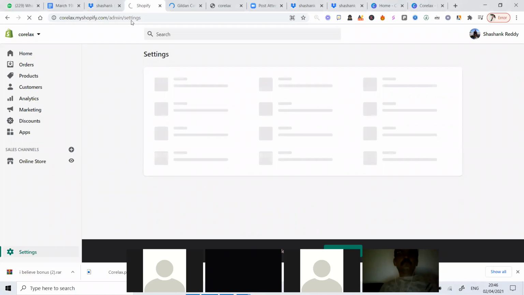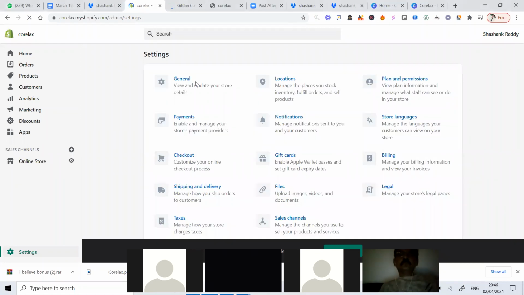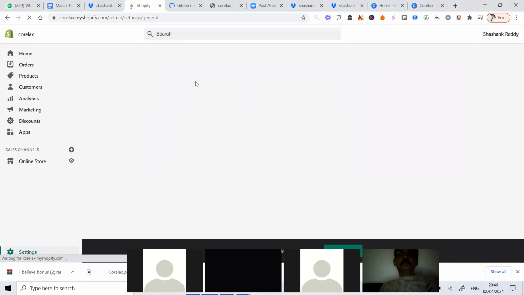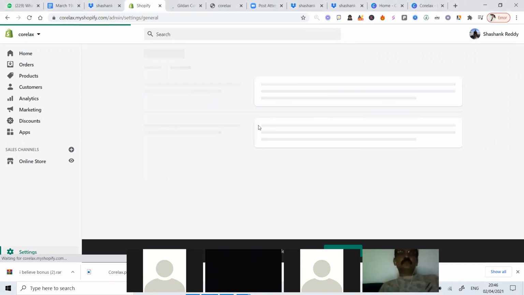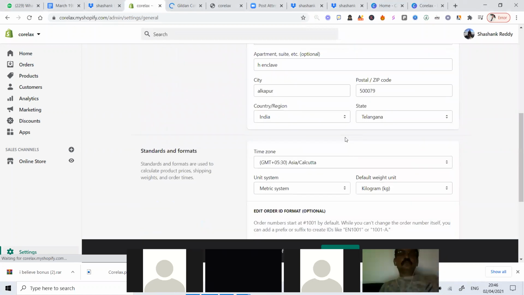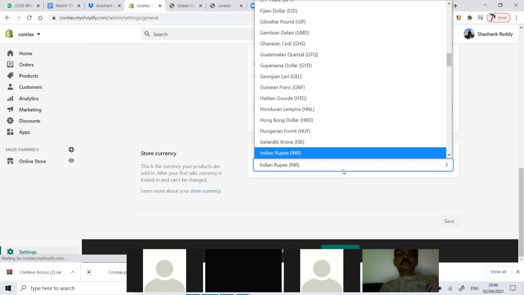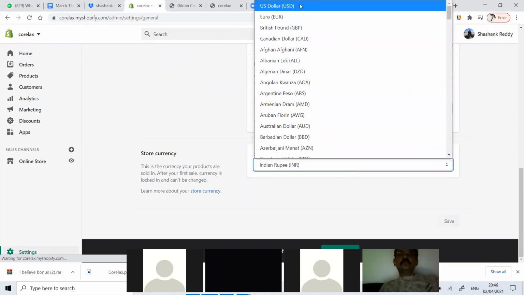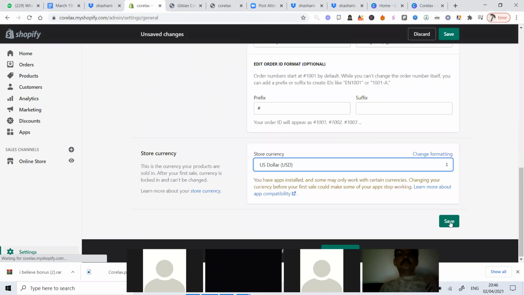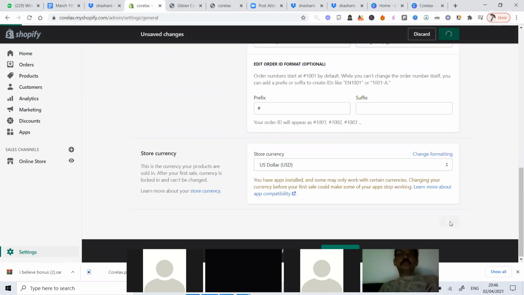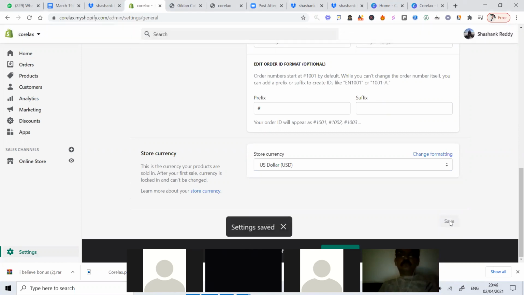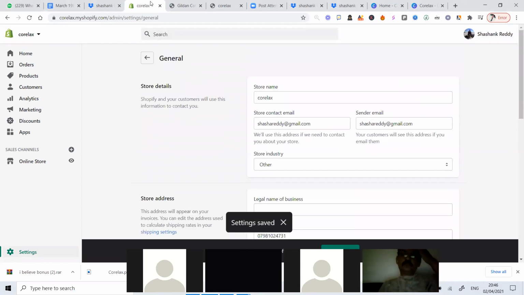Everything is ready for you in this particular theme, guys. The value of this theme is $120. So don't underestimate this theme at all, because I paid more than $1,000 to get this theme ready. Setting saved.